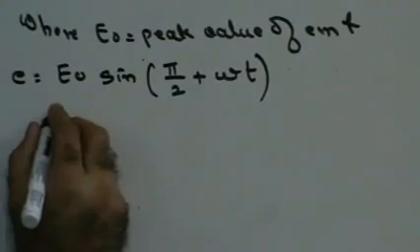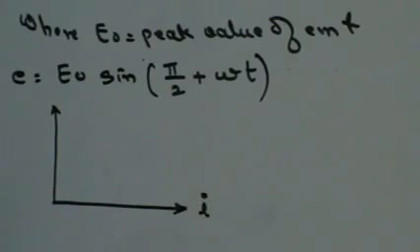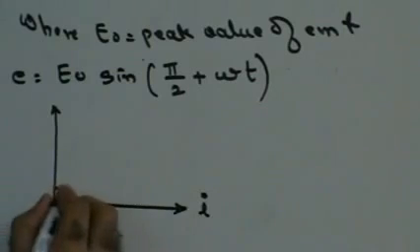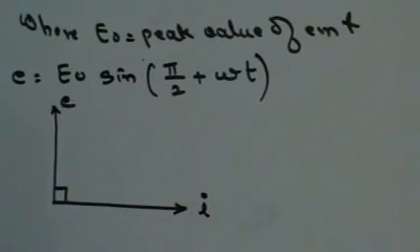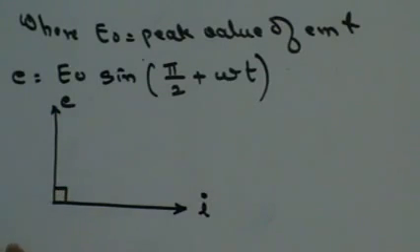This is going to be my vector representation of the current and EMF. The EMF leads the current by pi by 2. That is my vector diagram for them. Now if I were to show it in terms of waves,